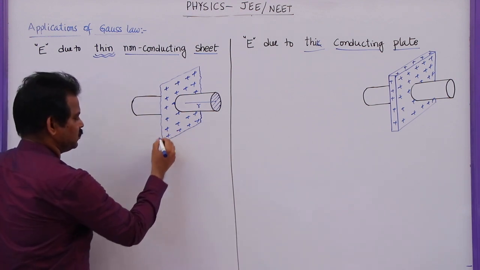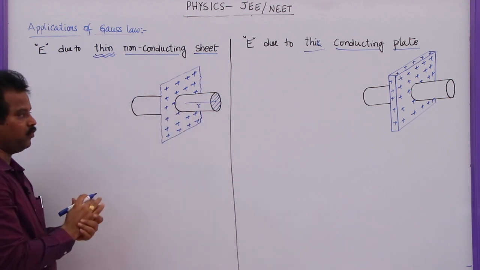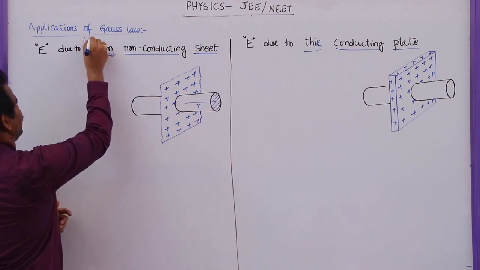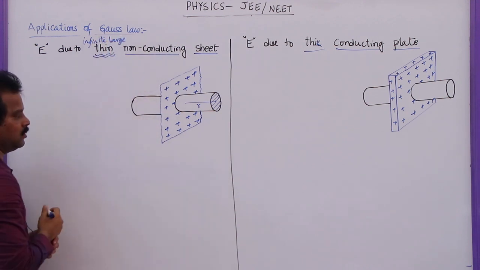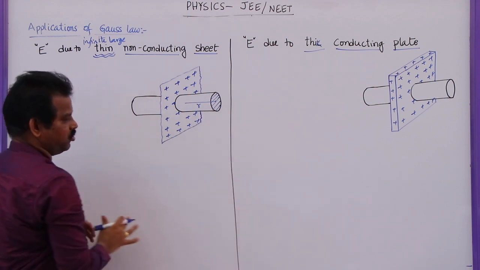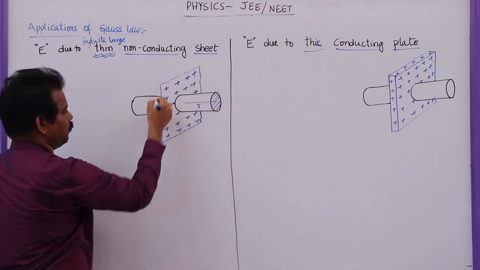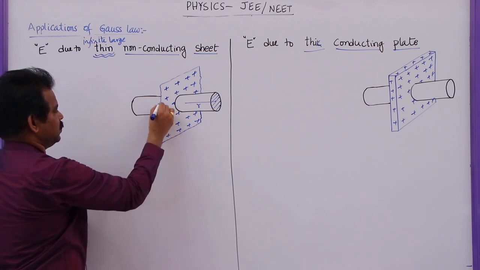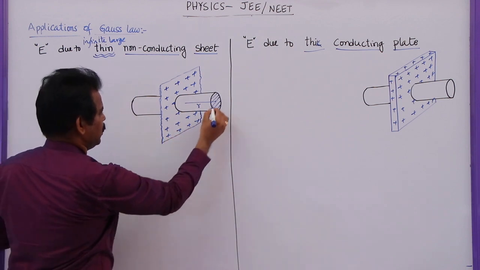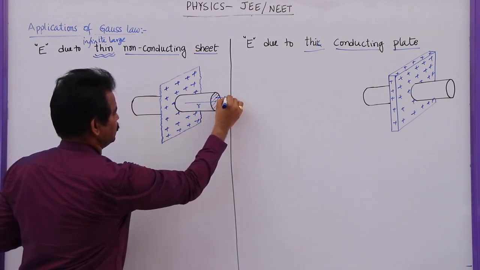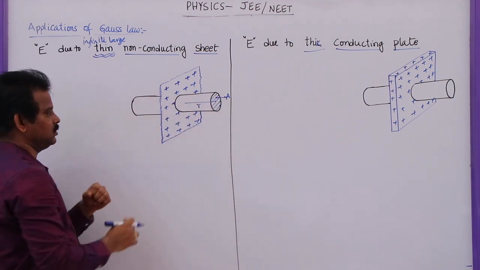Let the charge on these plates be Q. Let the area of this one be A. Actually, it is an infinitely large thin non-conducting sheet. So this is a big sheet, but I am considering only a small portion of it. That's why I am not drawing the boundaries. These are just the part that I am going to take from the big sheet. So here, let the area of this surface be A. So this cylindrical Gaussian surface has three areas.